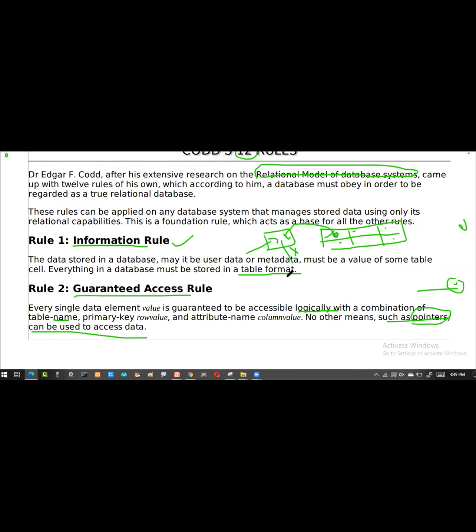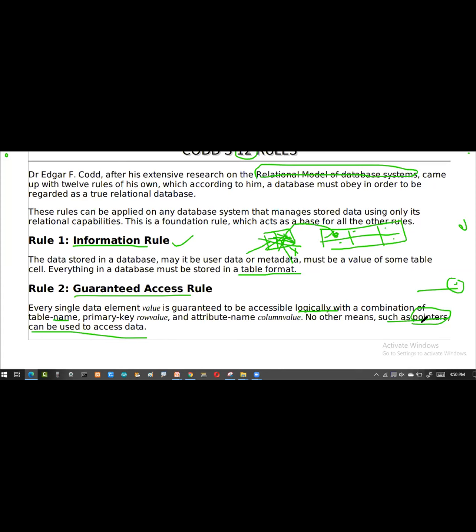If you do that, then there is no guarantee for your data, because everybody can go and scratch your data. That's why the pointer concept has not been given to the users or programmers in Java. In Java we don't have a pointer concept. In C and C++, we have the pointer concept. But in Java it has been removed because there is a security problem. If I know everybody's address, the actual location where the data is, then I can go there and easily destroy the data. So I should not have that kind of concept.